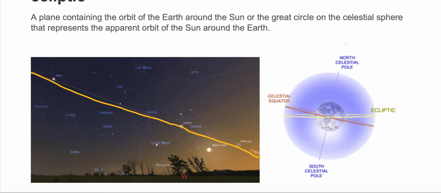Now let's go look on this side, on the right side. That's going with the right side of the definition. It is the great circle on the celestial sphere that represents the apparent orbit of the Sun around the Earth. So the ecliptic is this line that we see right here. If you look very closely, we can see this ring that is going around the Earth. The Earth is here in the center, and we have this ring on the celestial sphere, which we call the ecliptic, which is the apparent path that the Sun makes around the Earth in one Earth year.